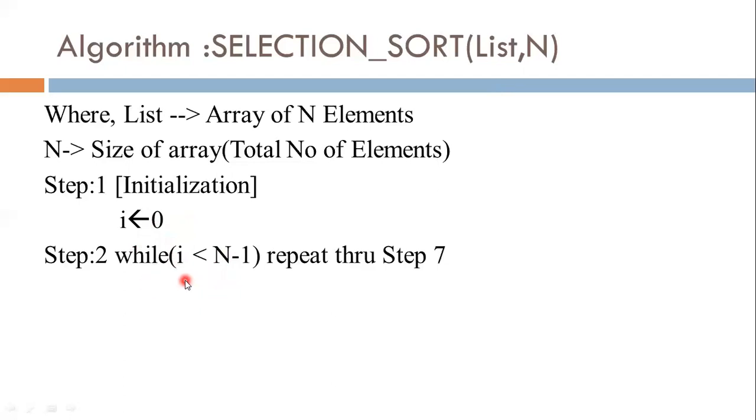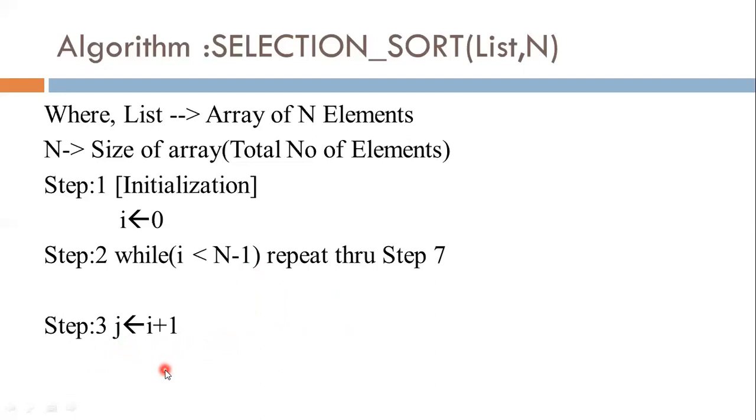Okay, so here I write I less than n minus 1, in a while loop, because I have to perform the same procedure for each and every pass, each and every step. Now next, step number 3. Step number 3 is a variable j, which contains the starting element in each and every pass.